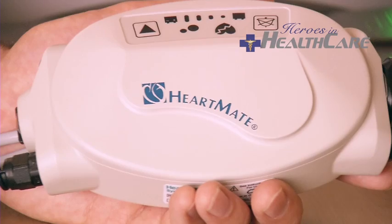I'm in the operating room with one of my colleagues, and we prepare the pump while it's going in the operating room. And then in the aftercare management, we see them every single day, either myself or one of my colleagues. And then for the rest of their lives, or until they get a heart transplant, we follow them